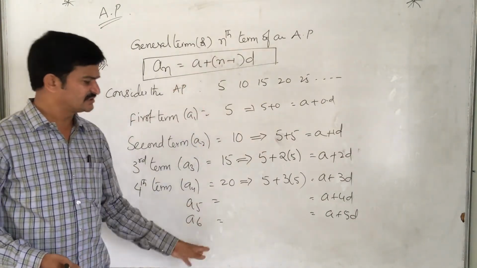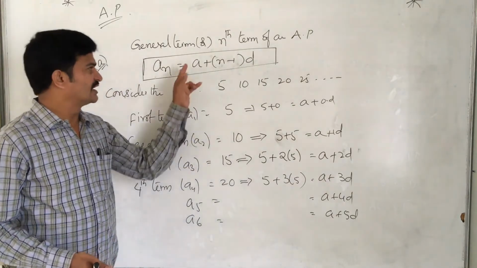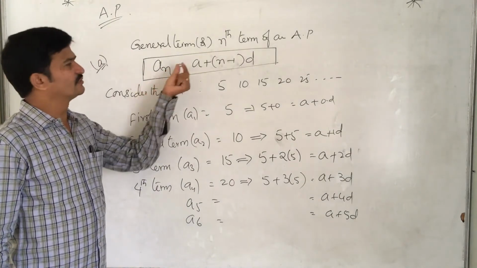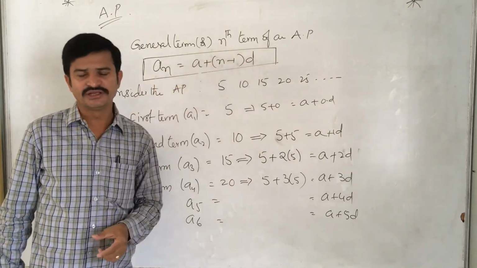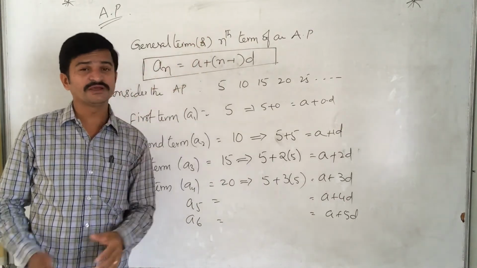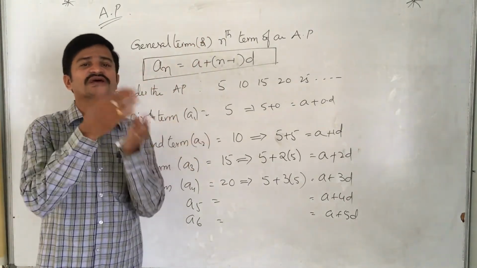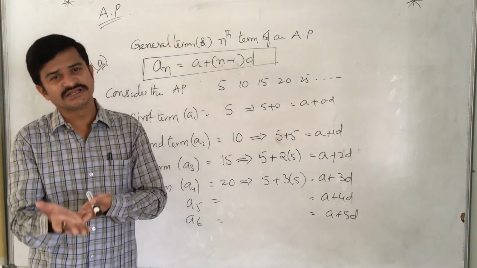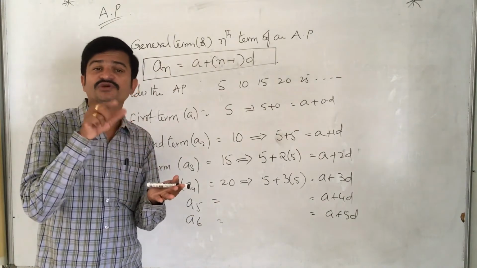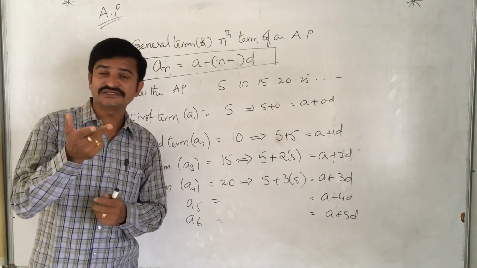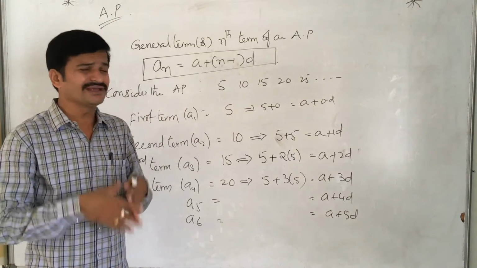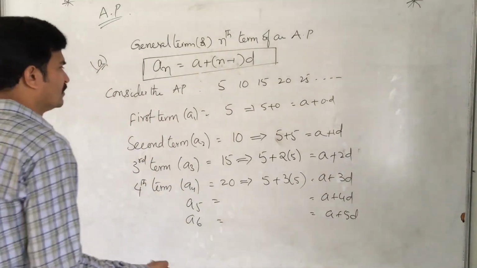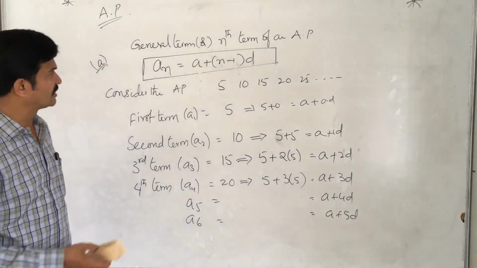So this is the generalization. This is the way you can generalize the nth term of an AP. So finally, what is the nth term of an AP, children? an is equal to a plus (n minus 1) into d. And how will you remember the general terms? For example, the 5th term means a plus 4d, the 7th term means a plus 6d, the 9th term means a plus 8d, the qth term means a plus (q minus 1) into d, the rth term means a plus (r minus 1) into d. Like this we can remember. I hope everyone can note it down now.